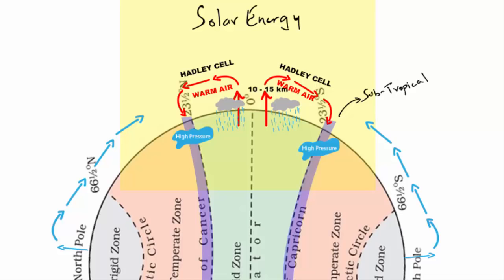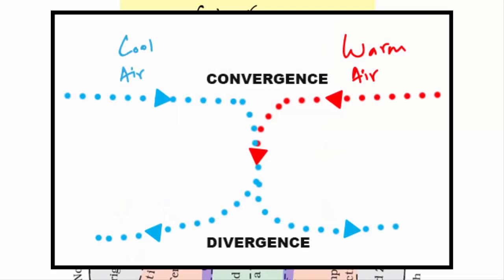When cold air from the poles arrives towards the low latitudes, and we know that warm air from the equatorial region moves towards the pole, what do you think will happen? Cold and warm air will collide, and they will collide at mid-latitude, that is the subtropical region. Always remember this point: when warm air meets cool air, that is when turbulence occurs. It's a highly unstable situation for pilots and the aviation industry. The air will converge, meaning it will sink.